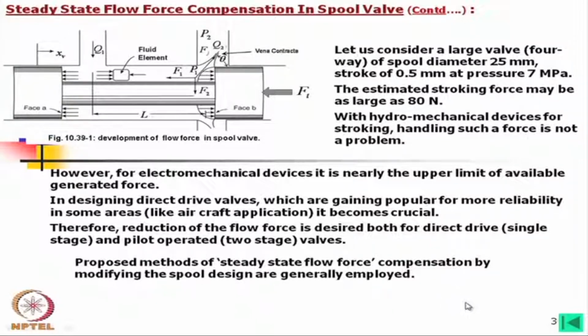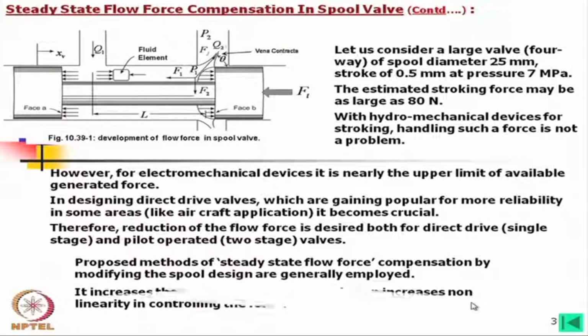So, we can modify the design to reduce such force. It increases the manufacturing cost definitely. If we want to, this is very simple, just a step down. Instead of that, if you would like to modify this profile, naturally the manufacturing cost will be more